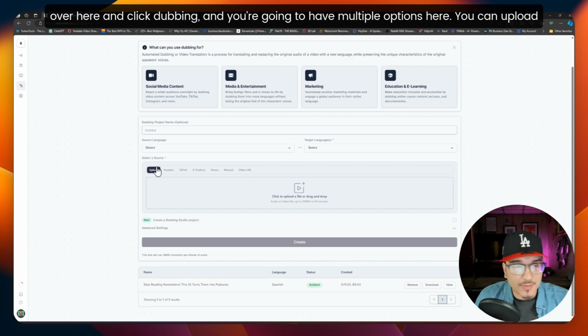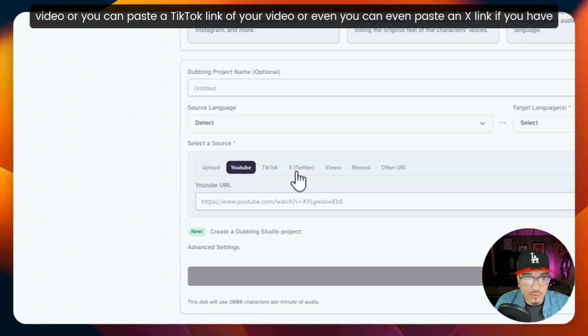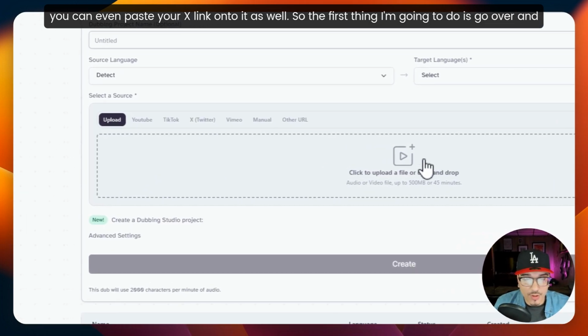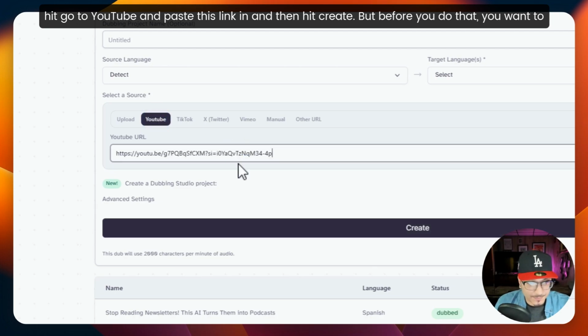And you're going to have multiple options here. You can upload your video if you have the video already on your computer, or you can paste the YouTube link of your video, or you can paste a TikTok link of your video. You can even paste your X link onto it as well. So the first thing I'm going to do is go over and go to YouTube and paste this link in